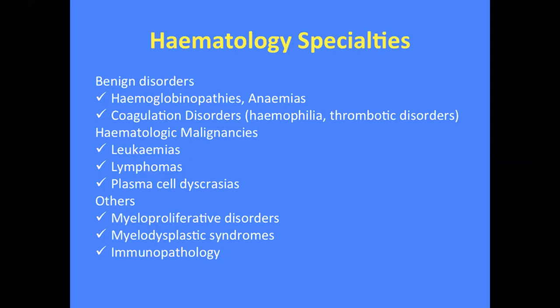Then we also have hematologic malignancies, which is a broad group of diseases that involve both solid and liquid malignancies of the blood. We have leukemias, lymphomas, we have plasma cell dyscrasias, which has a broad spectrum as well. Then we have others that could actually transform into hematologic malignancies, like the myeloproliferative disorders, the myelodysplastic syndromes, and we also have immunopathology, because transfusion medicine is a huge